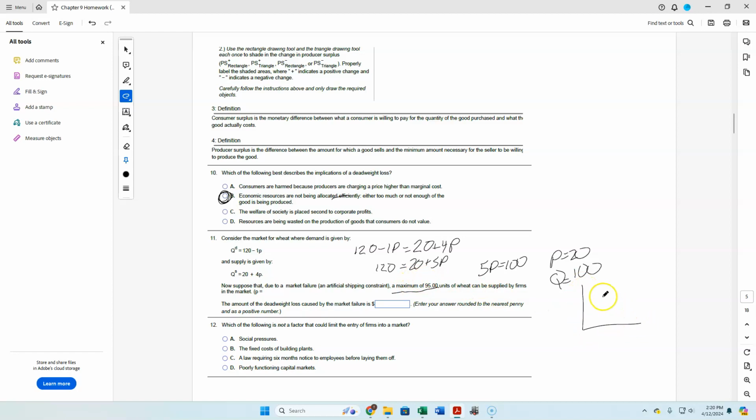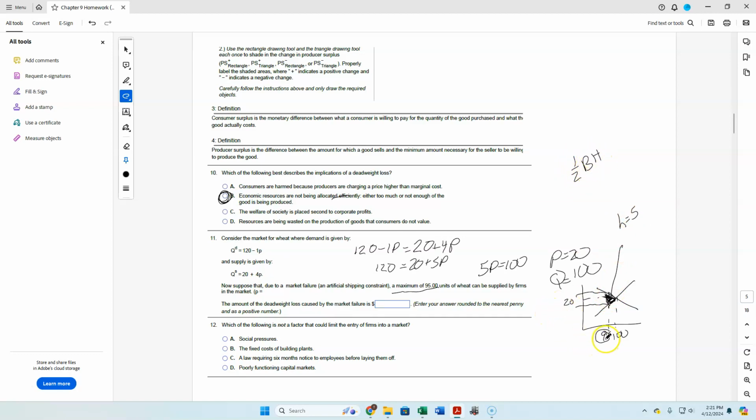So again, it is generally helpful to graph things out. If they limit things to 95, we now have to solve for this triangle here, which would mean the only thing I need to do is put that 95 into both the supply function and demand function to find out the base of this triangle. I already know the height of the triangle. The height of the triangle is equal to 5. And remember, I'm just doing 1/2 base times height.